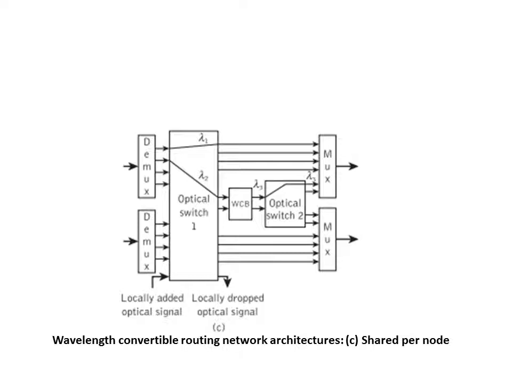Generally, what does a wavelength convertible network architecture mean? It avoids the blocking of the information signal, and it avoids the wavelength continuity constraint, so that whichever channel is available will be relocated through the wavelength convertible device. So lambda 2 will be converted into lambda 3, for example. The input signal wavelength will be converted into another wavelength through the wavelength convertible device.